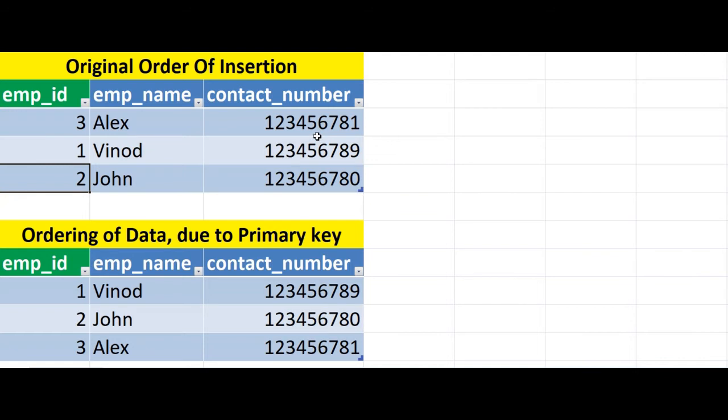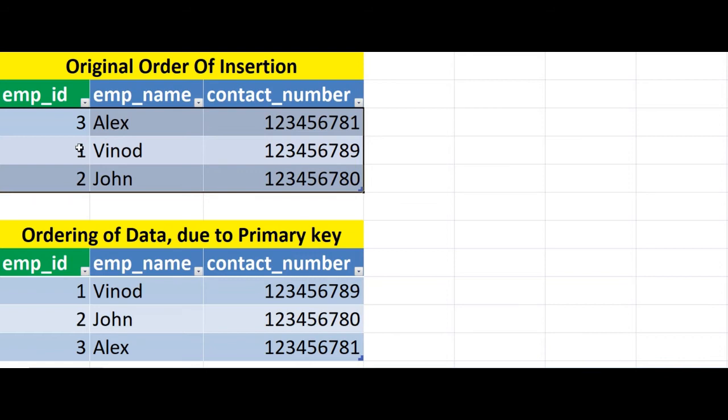Now what happens is, once you insert these records in the table, because employee ID is a primary key, ordering of these records happens. So after insert, if you see the data in this table, it will be ordered by employee ID.